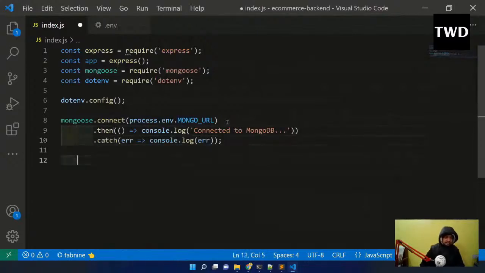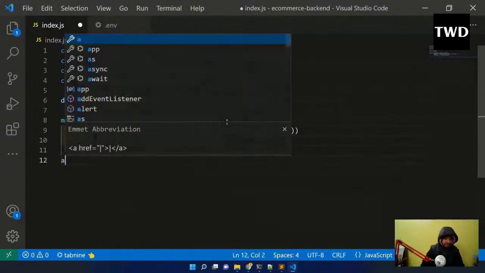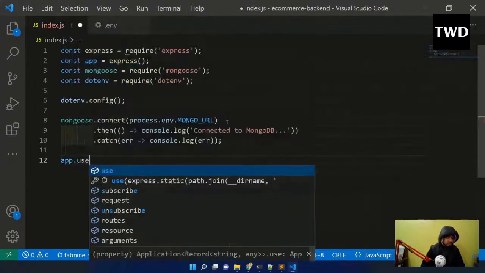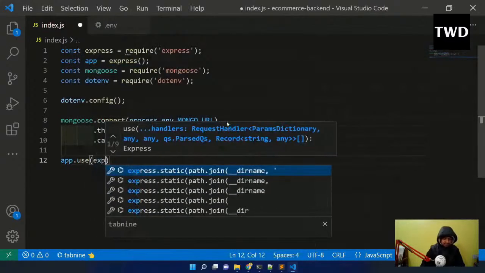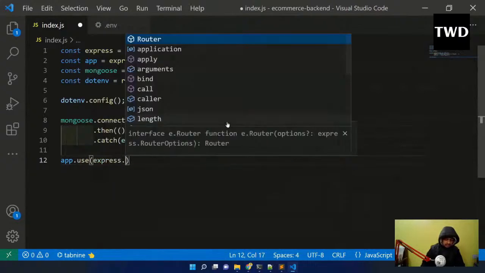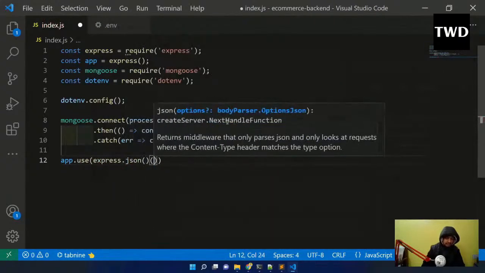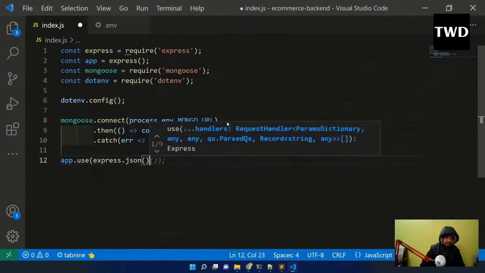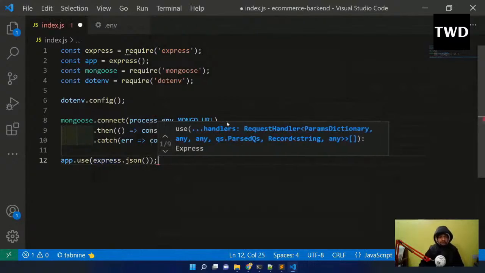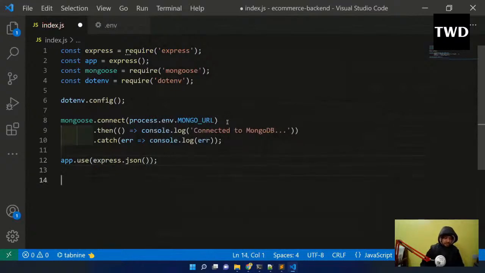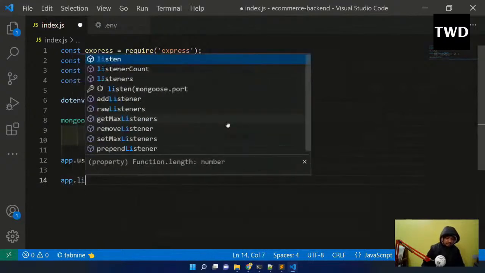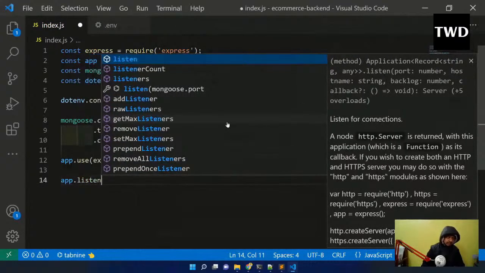And then let's complete it. Then I will have to give your Mongo URL also, which we have not yet got. We have app dot use express dot json. See, in server we always work with JSON only, so that's why this line is required. Express.json, we're going to work with JSON. Okay, app dot listen